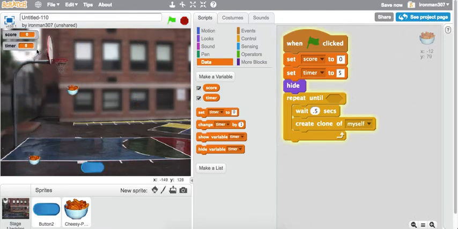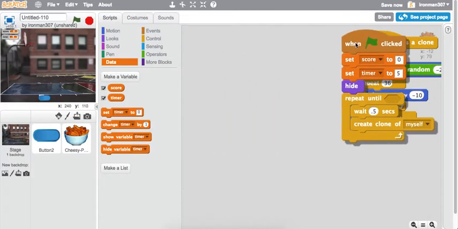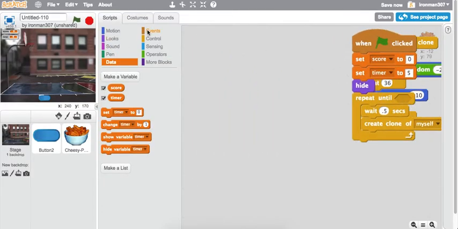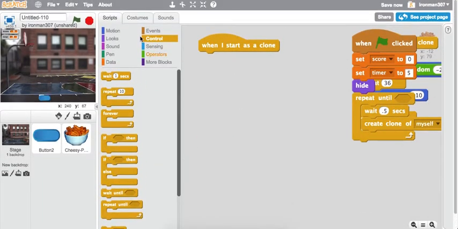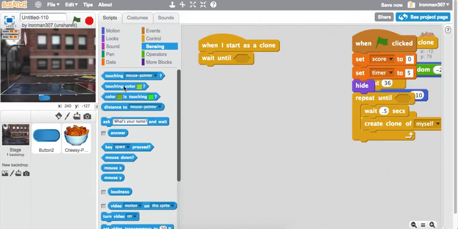Even if I touch a cheese puff, I don't get a score. So I need to code it to collect those cheese puffs. That code is going to look like this. So I'll move that over just to the side. I'll go events, control, excuse me, and when I start as a clone. So when those cheese puffs start as a clone, I want them to wait until they touch button 2,